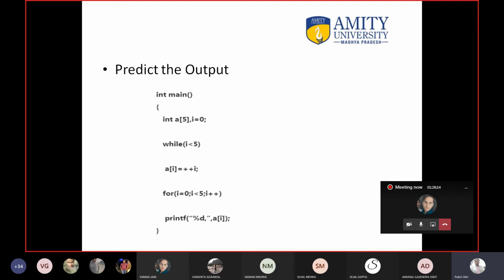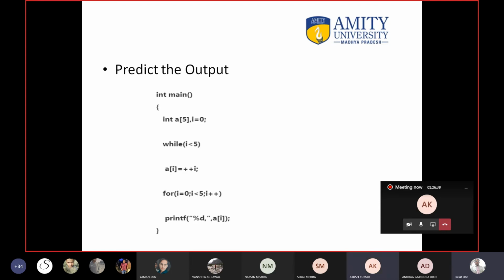Anyone? Come on, this is not a difficult question. We have studied all the concepts that are used here. You know how the prefix operator works. Sir, one will print over. Sir, one print over only. No, 5 elements will be printed. Now we are printing the array. 5 elements will be printed.